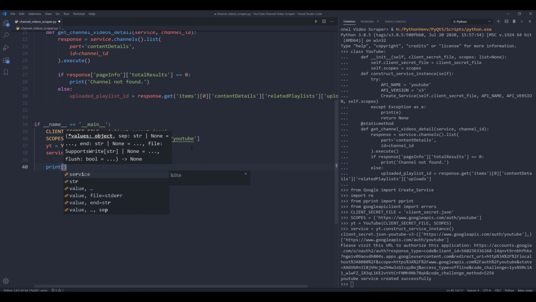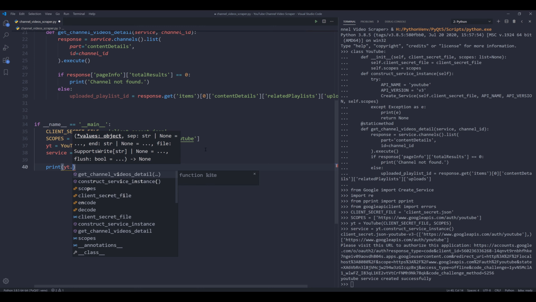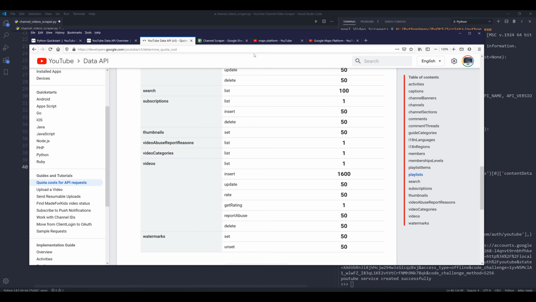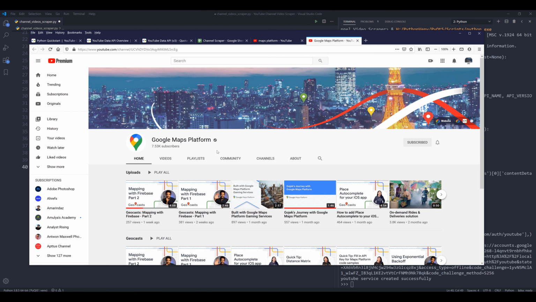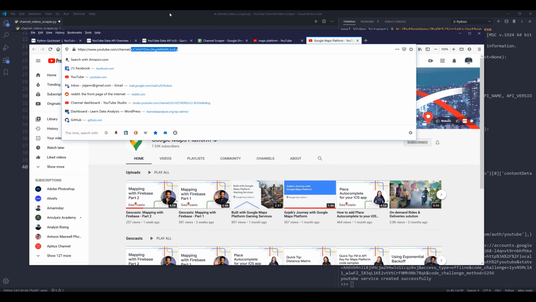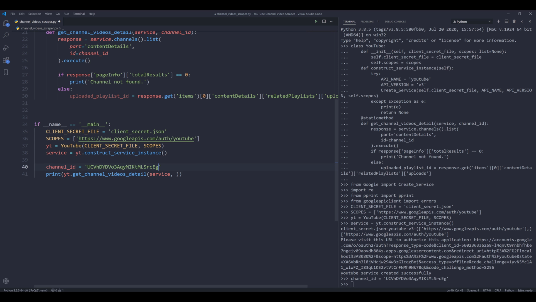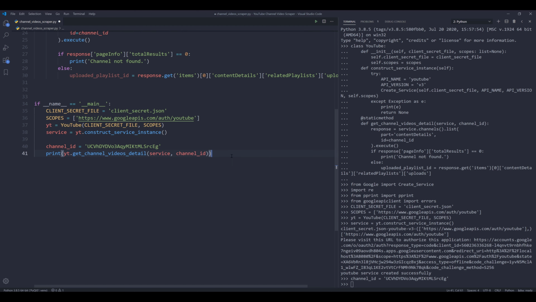Now I'm going to reference the get channel videos detail method. And we need to provide a service option and a channel ID. Now let's go back to the Google Maps platform channel. And I'm going to grab the channel ID. I'll create a variable to store the channel ID. Alright, so if I run line 41,